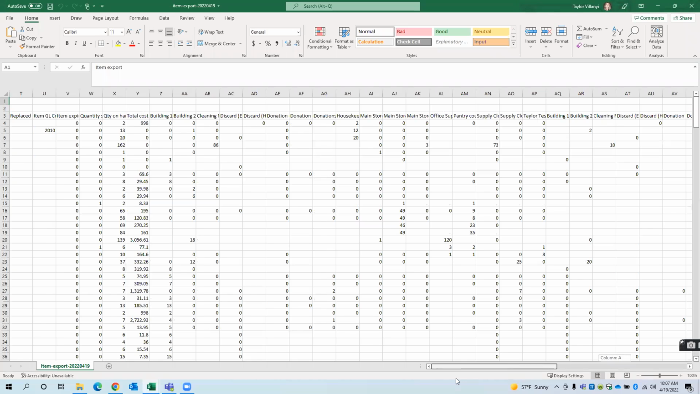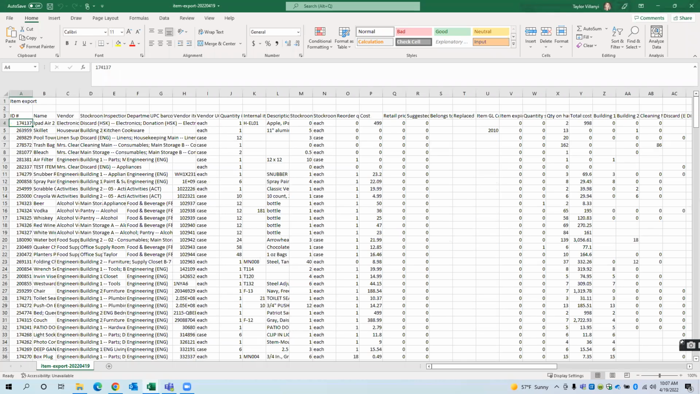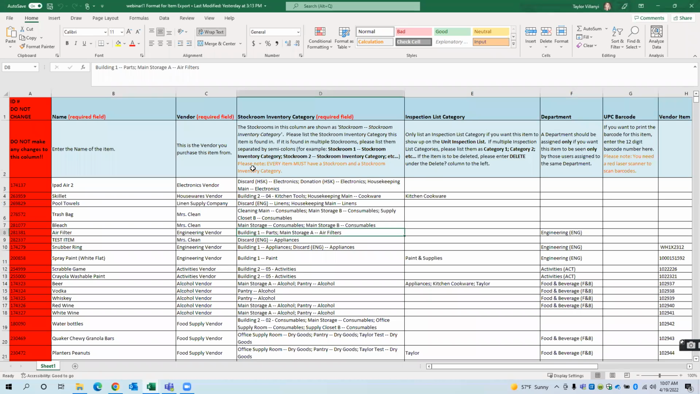And what your Inventory Smart team does is copy this information and paste it to a nicer looking spreadsheet like so, where then I will send this to you and you will go ahead and update that information. So today I wanted to briefly go over each of these columns on an item export and the most common fields that can be changed on this and some fields that I would recommend doing manually rather than using the